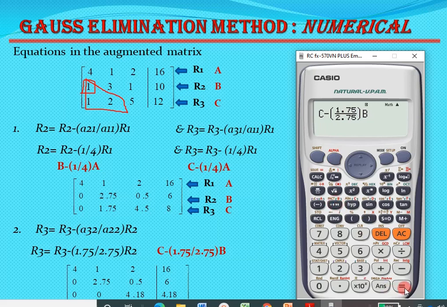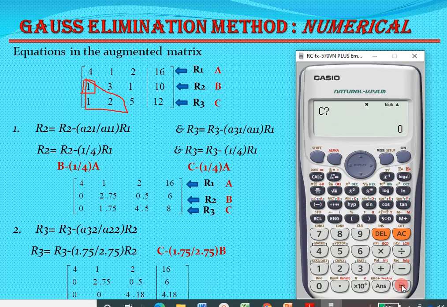Then there is only one equation, so we can directly use this Calc C button. For the C value in the first element, we have to input these values. Remember these values we have to input. The C value in the first column is 0, so press 0 equal to, the B value is also 0, then you will get the new C value as 0, which is written here.